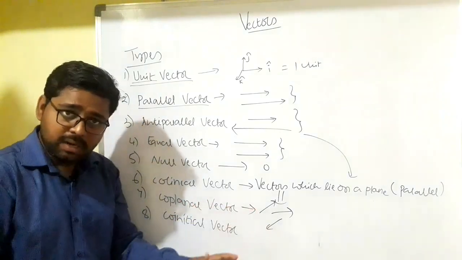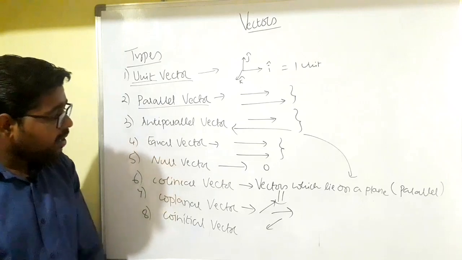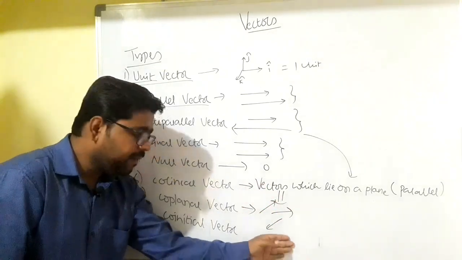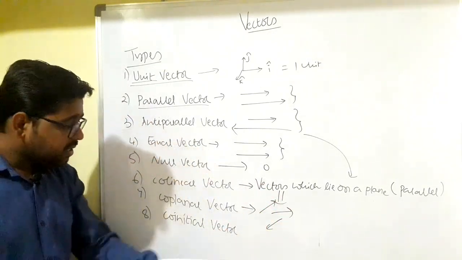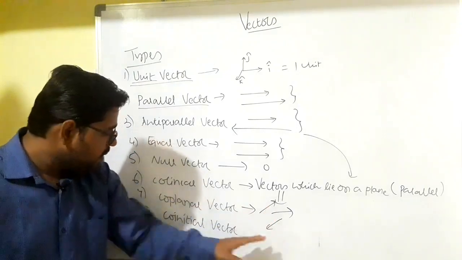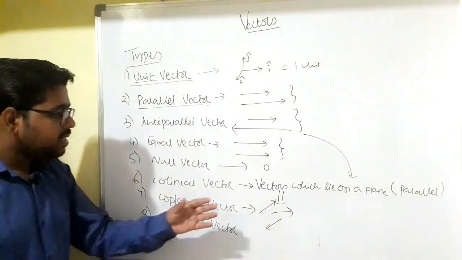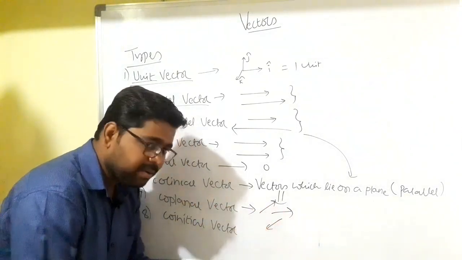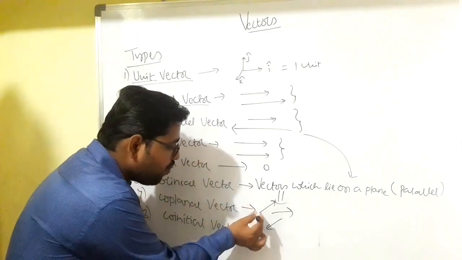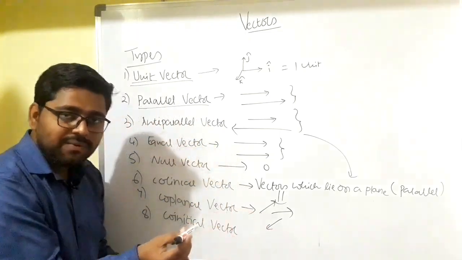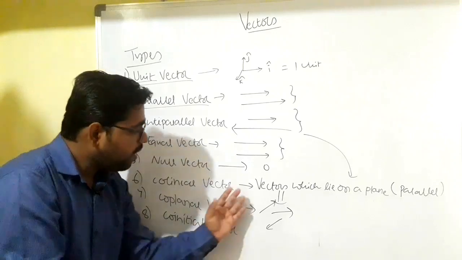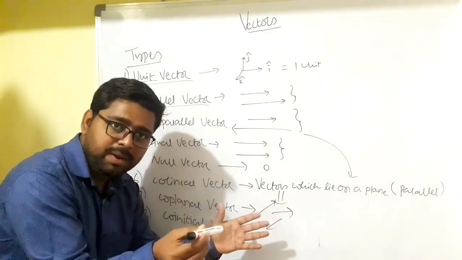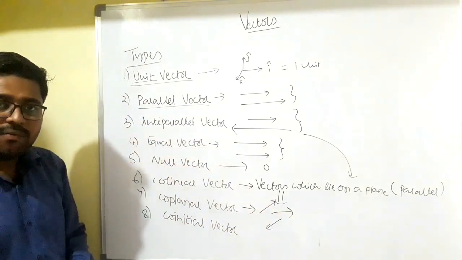Now how is a collinear vector different from a coplanar vector? It need not be parallel. It can be of any direction. But all those vectors should lie on a plane. This is the board. On that it should lie. Such vectors, if they are lying on a plane, are called coplanar vectors. So let's say all these vectors are lying on the same plane. Let's consider one more which is out of this particular board. Then can we call it coplanar? No. All these three are coplanar, but this one is not in the plane. So that is nothing but coplanar vectors.